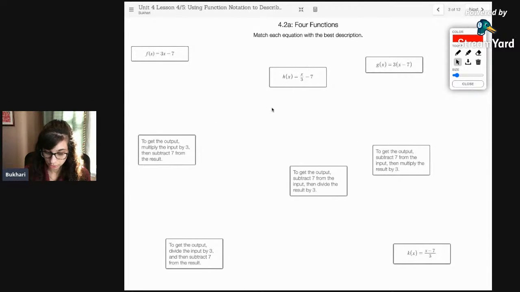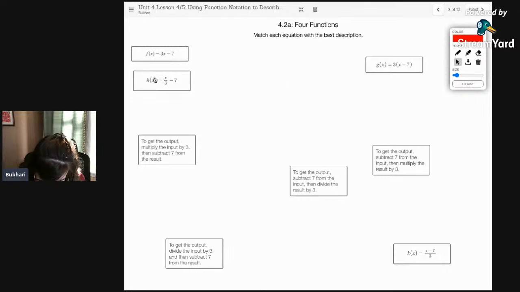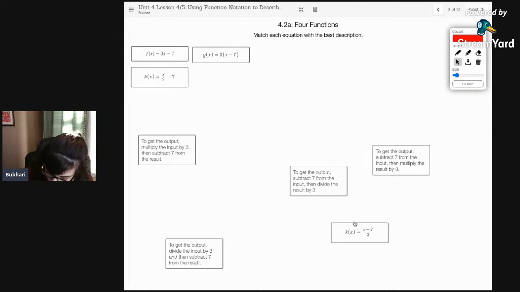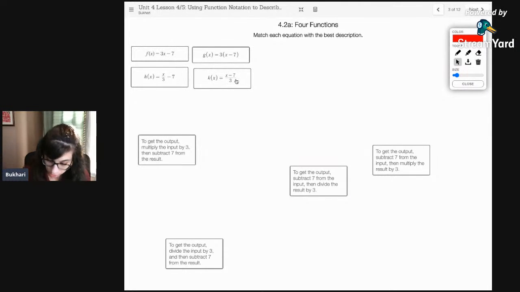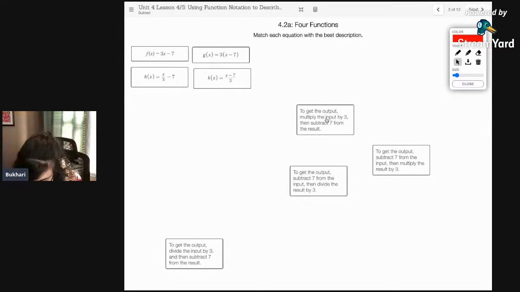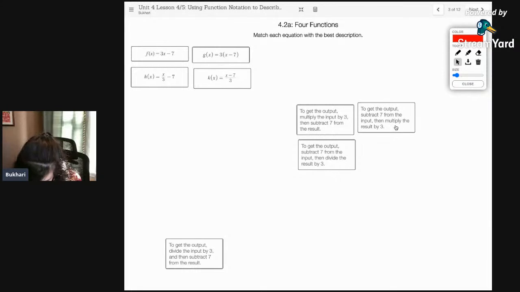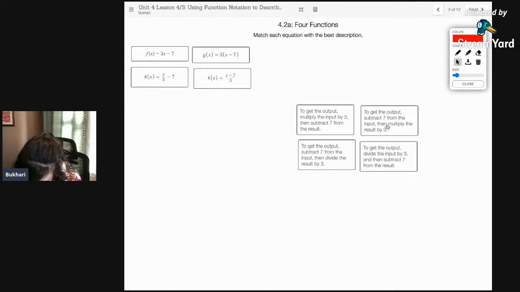The first activity connects the idea of how we can make sense of our functions using function notation and equations. In this case, we start off with our verbal description. Here we have a representation of 4 linear functions. Linear functions are represented by a line, things we've been talking about before in Unit 2. And we have 4 descriptions. And so you want to connect your descriptions to your